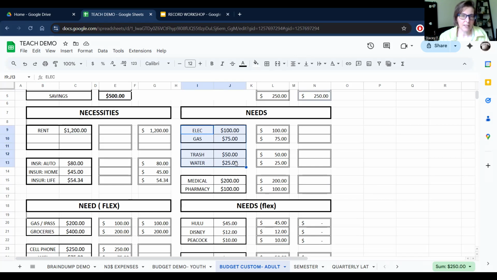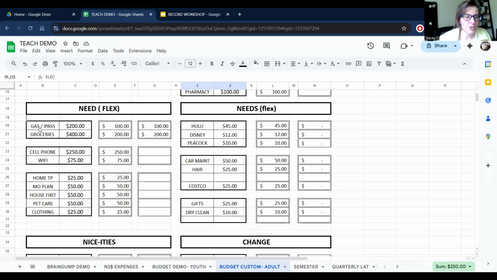Usually the rent, the insurance, and these utilities can be set in stone in the fact that with gas and electricity, you can sign up for the budget plans. And so that gives you a straight amount across of how much it's going to be. So for a long time, my electric was like $89, and then they raised it to $110. So anyway, right now we're just looking at these far columns.